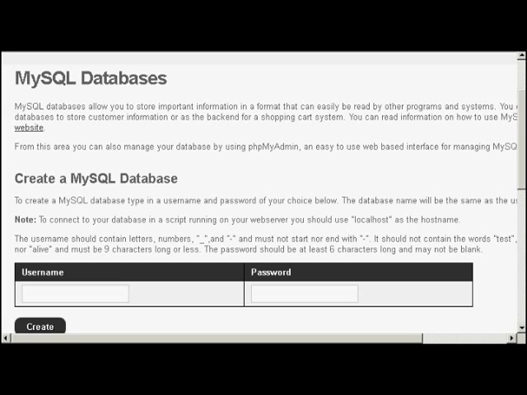So the database name and the username are the same, all bar the front part, which will be set by the hosting provider. So if I create a username that says Sam001